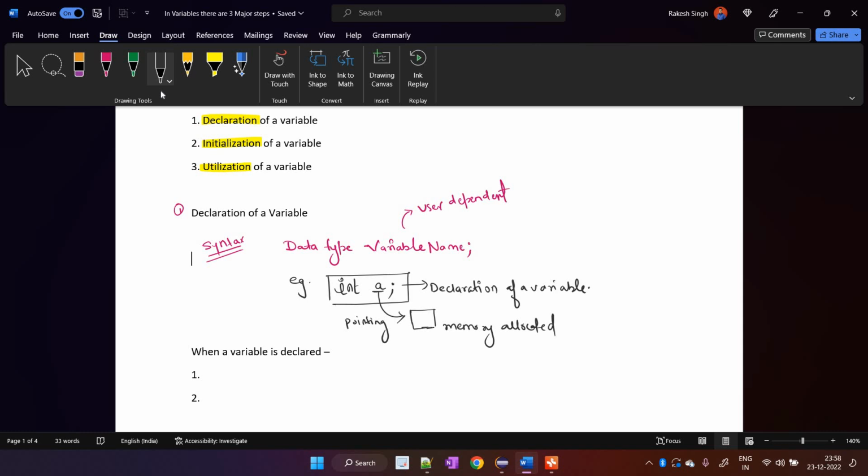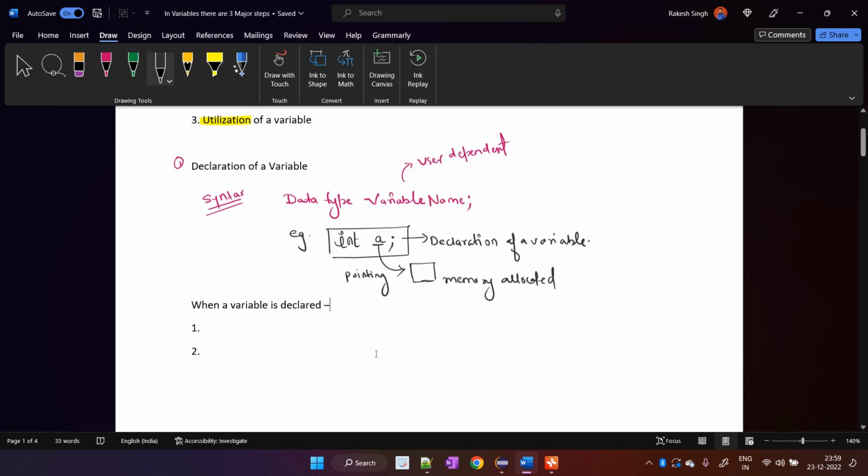Once you have written this, a actually points towards a small piece of memory that has been created and allocated to variable a. Now we need to see that the initialization part is coming. But first of all, what happened in the declaration? A memory got allocated, a memory got created,